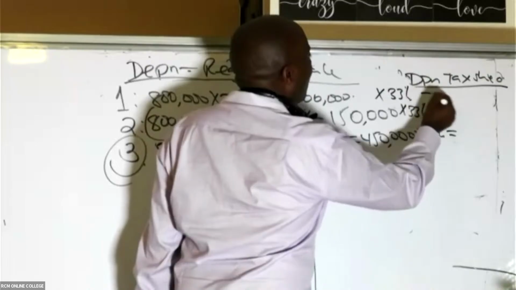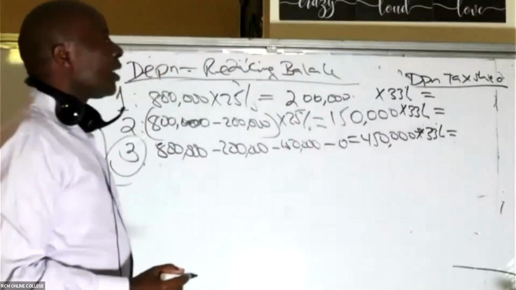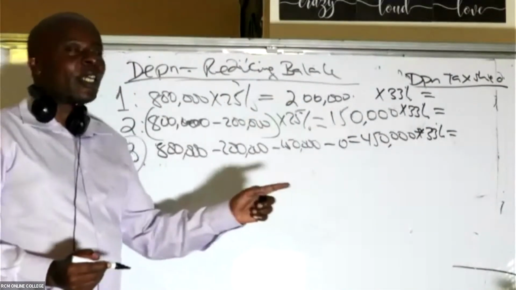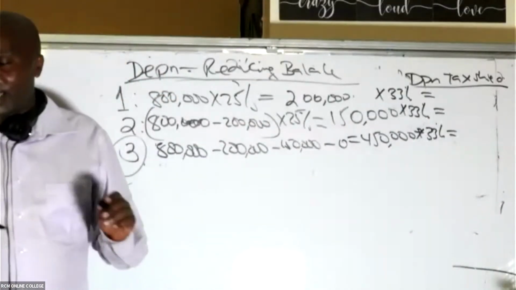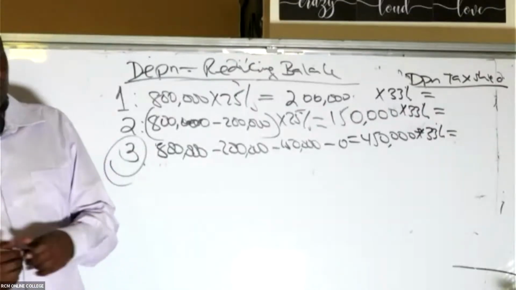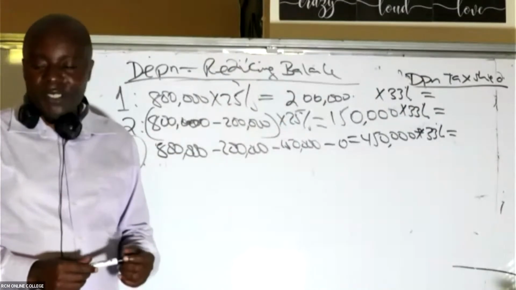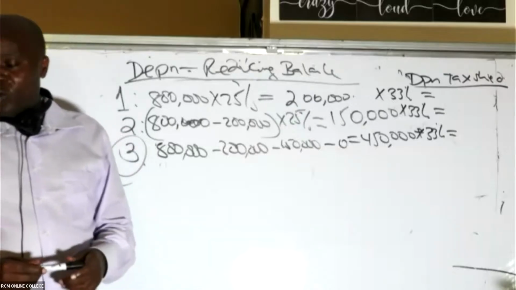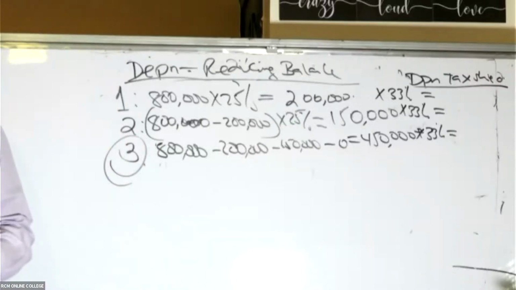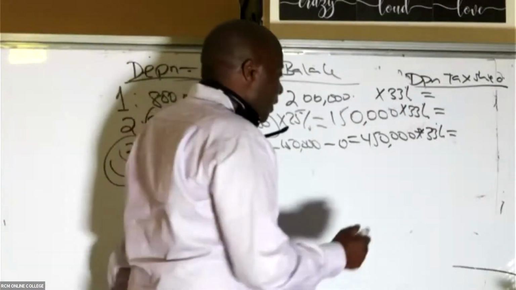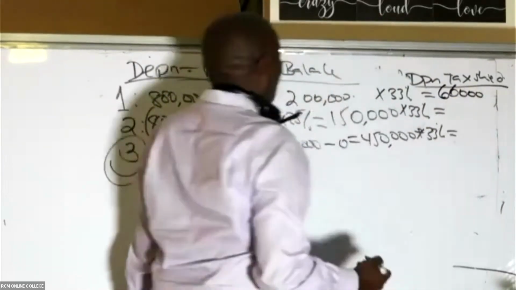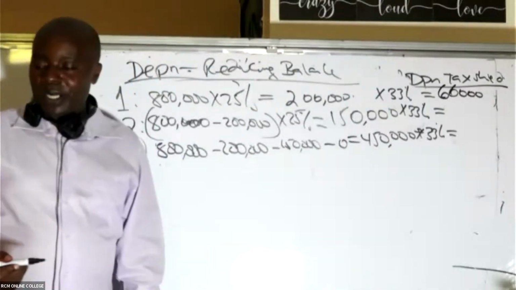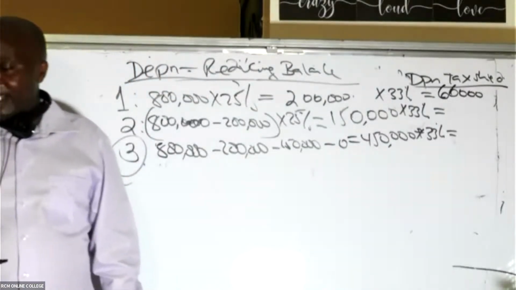In this case, what are we going to get as our depreciation tax shields? Depreciation amount times the tax rate. We call this one DTS, or depreciation tax benefit. How I wish I had good ninjas giving me these figures very fast. What do we have according to Ninja Paul? This is 66,000. And then for the second year,